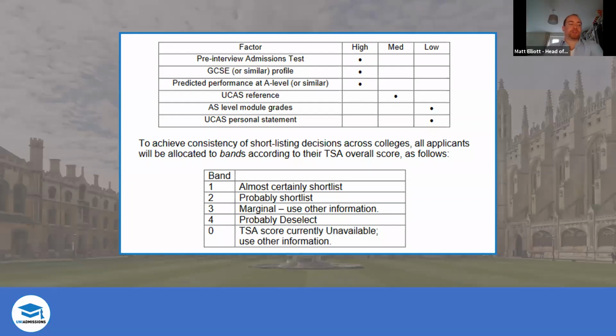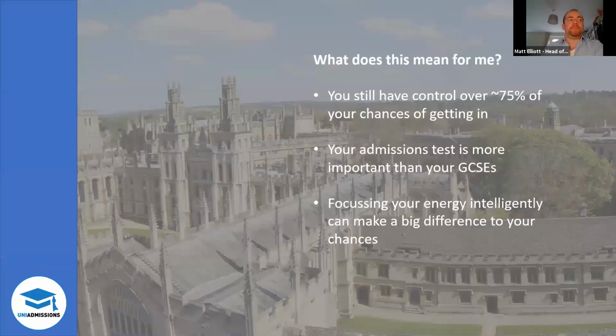So the information you just saw is all drawn from information that was sent to us by Oxford, and it appears in their admissions handbook, just to show our working. It clarifies for applicants how much weight is put onto each part when it comes to the admissions decision and whether or not students are shortlisted or interviewed, those being synonyms. So as Will has said, if you're coming to us in, I believe, year 12, so you've got your A-levels ahead of you next year, you still have control over 75%, maybe even more, of your application and your chance of getting in.